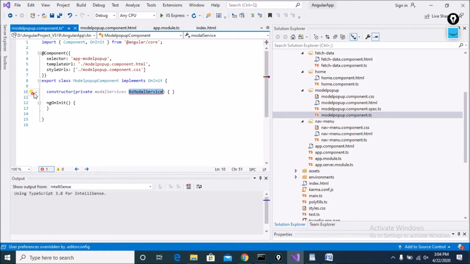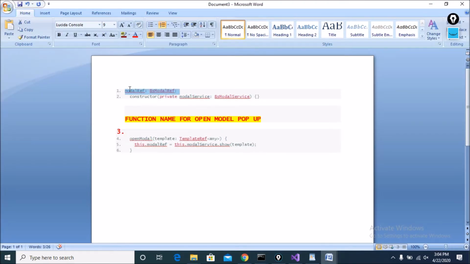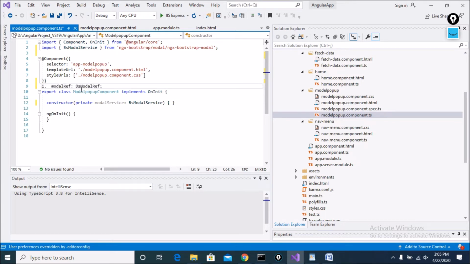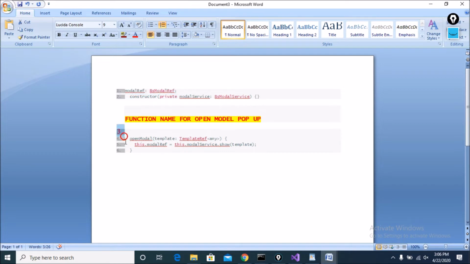Simply import your modal service, and this is the declaration of variables, like that. Copy this and paste your variable here, and after that copy this function, open modal template ref.